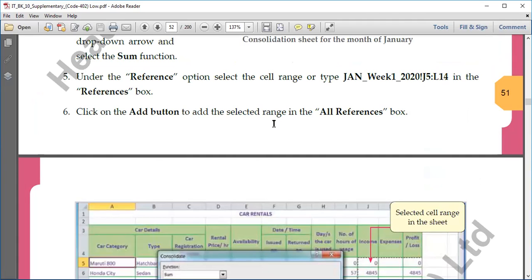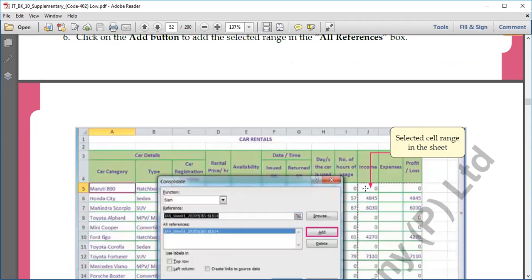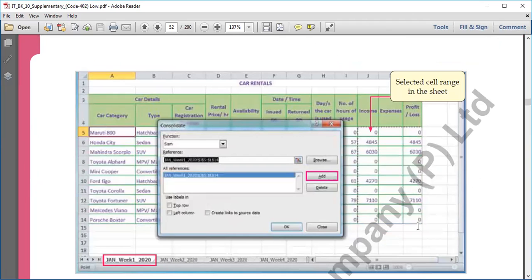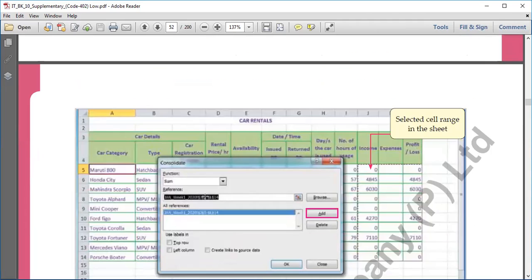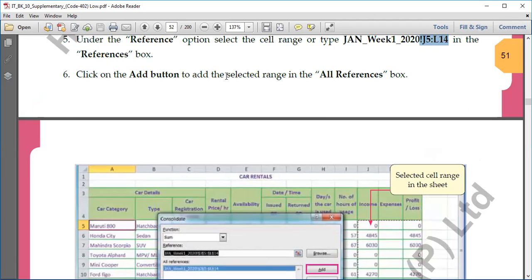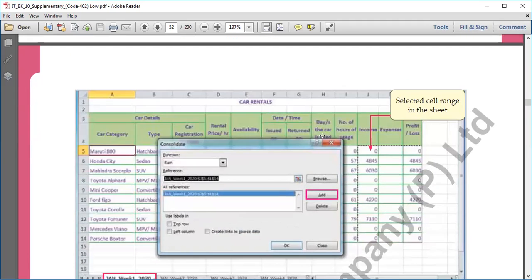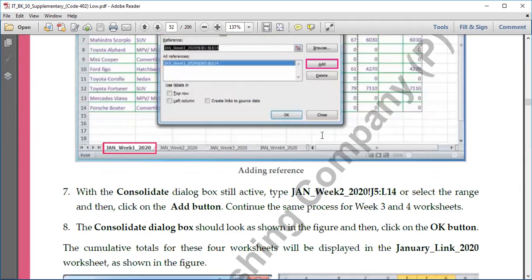So either we select the range from this file, select all these cells from the file, or you type this thing. What is this? This is the name of the sheet from where we are using the data. After that, you have to type an exclamation sign and the range, and this we have to type here, or we can select it from here, right? Then click on the add button to add the range in the all references box, right?